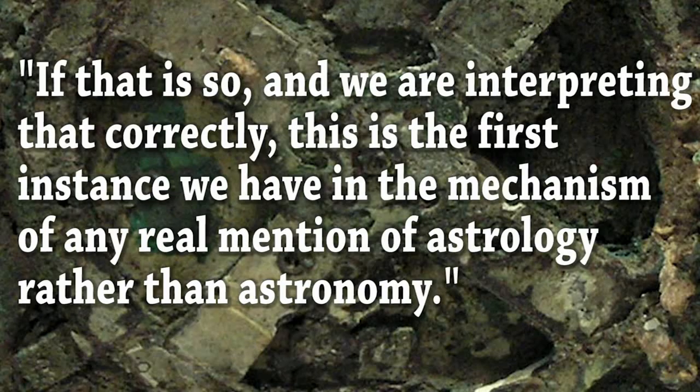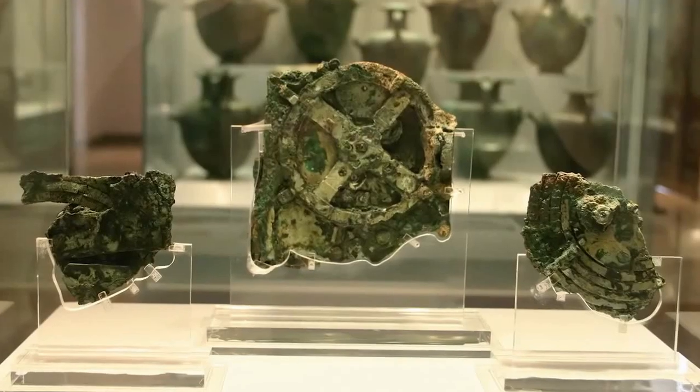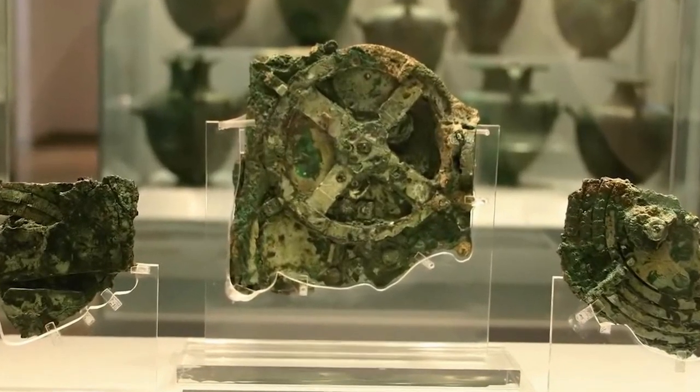If that is so, and we are interpreting that correctly, this is the first instance we have in the mechanism of any real mention of astrology rather than astronomy. Researchers also wonder what happened to cause something so